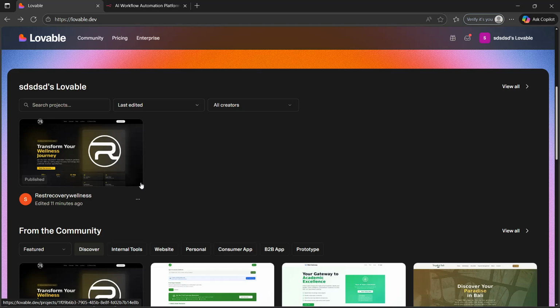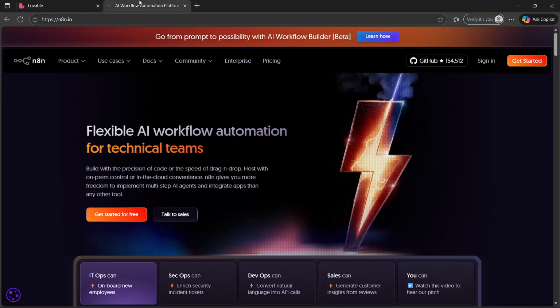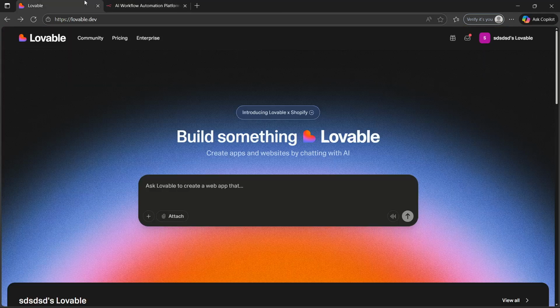So before starting, make sure that you already have both Lovable and N8N accounts ready. And first, open your N8N dashboard, and of course you have to sign in first before doing it. After you open your N8N dashboard, you will click create workflow, and then you will add a new HTTP node. In the configuration, you will copy the webhook URL, and then next you will go to Lovable and open